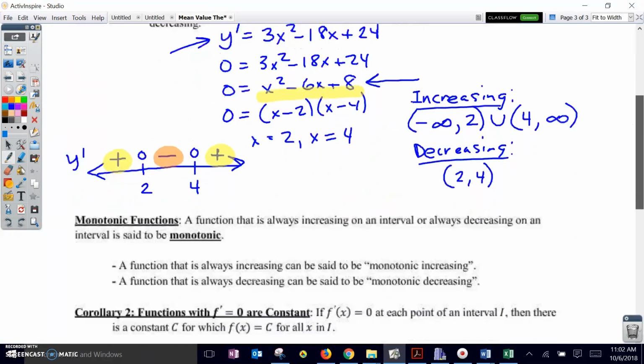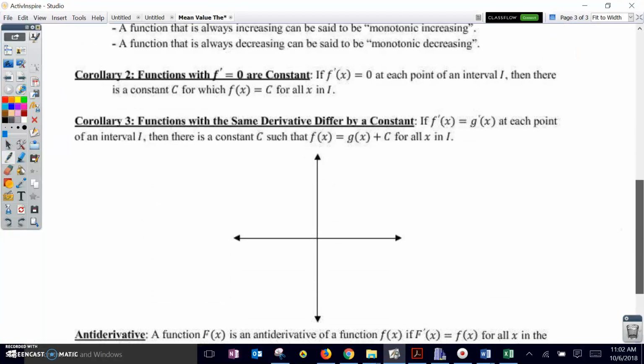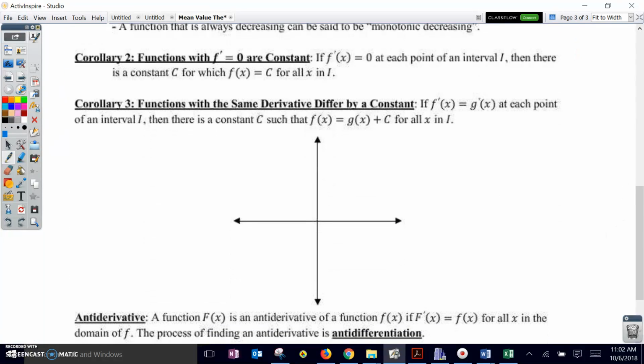A lot of other information for you to read through in this lesson. There's a little pic here under corollary 3. Functions with the same derivative differ by a constant. So if I have a function and another function that has the same derivative, see how I do on this, these two functions differ by a constant value. In other words, the distance at any x value between these two functions should be the same. And that was a quick hand-drawn sketch, so it's not the greatest thing in the world,